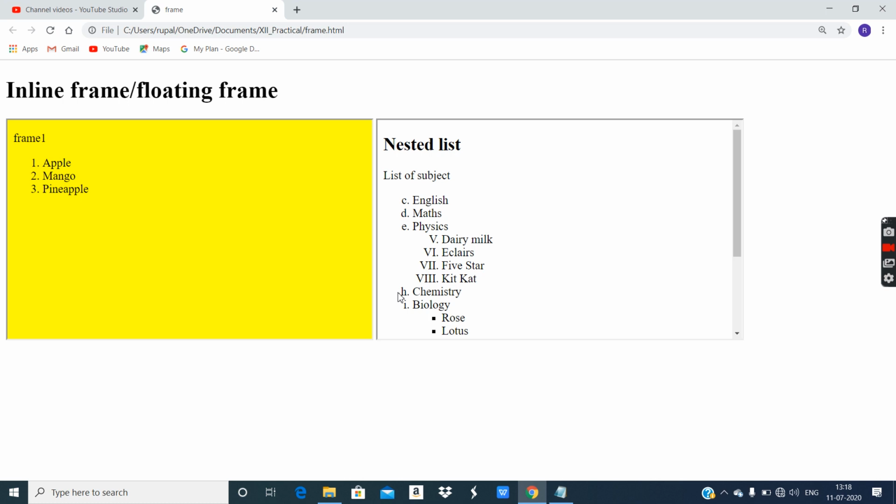Okay. Now, there are many ways to create sections, especially if any question demands sections. Sections can be made in different ways with the help of semantic tags. Sometimes you can use an inline frame also. There is the division tag also to create sections. Okay.